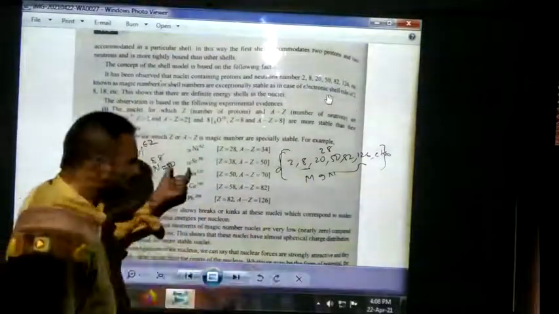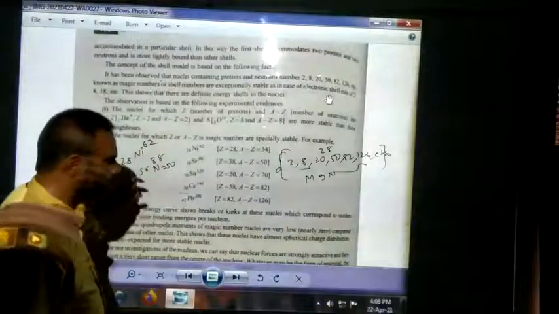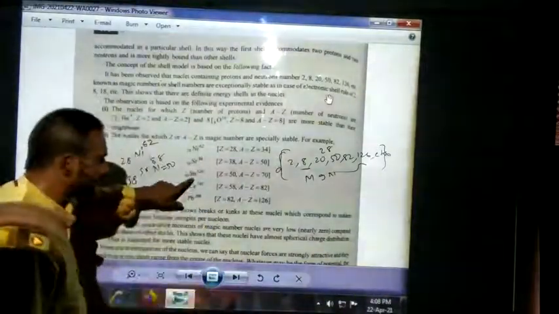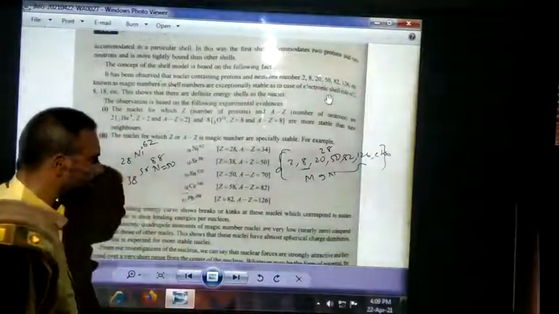Number of neutrons is a magic number. Hence the Sr element is also, I think it is a cerium-something element, so that element's nucleus is also more stable. If you take another example, that is vanadium. Okay, Sn, tin,